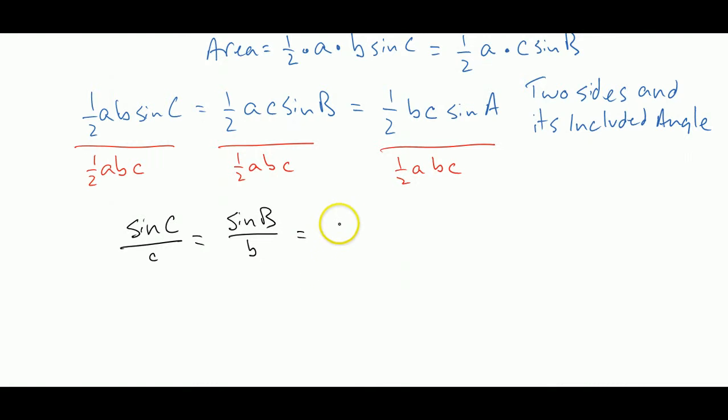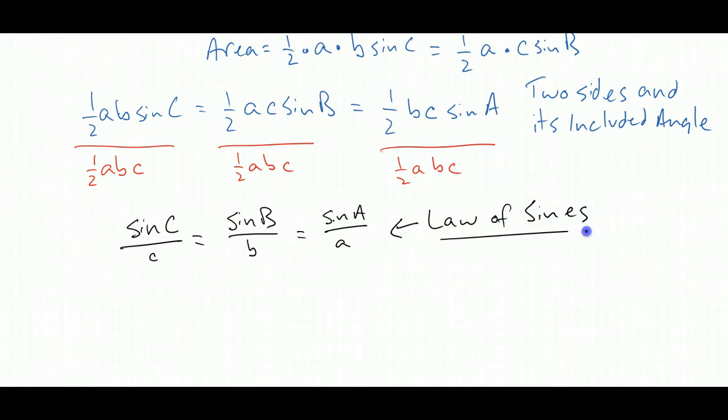And in the third one, some things become 1, and we're left with the sine of A divided by little a. What we're left with here is a relationship between the sides and their angles, and this right here is called the law of sines. And using this set of relationships,